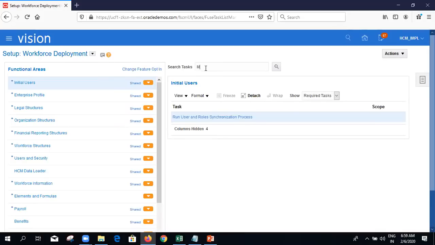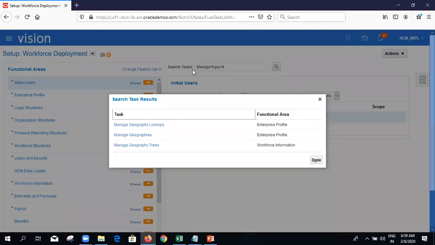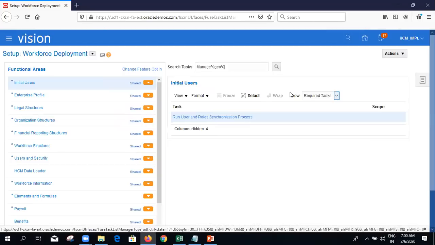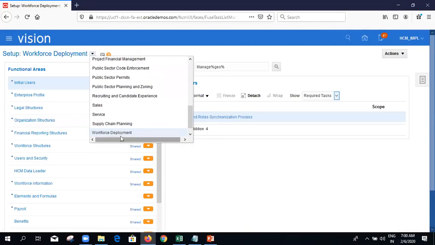And here also I can search for that task, Manage Geo, and then I give search. See, my task came here also. But the thing is, we have to keep the respective offering here.